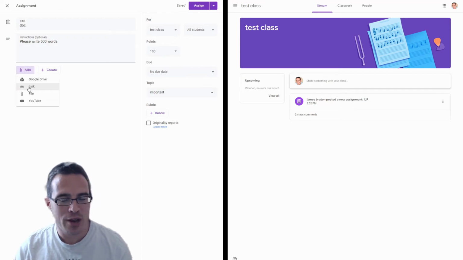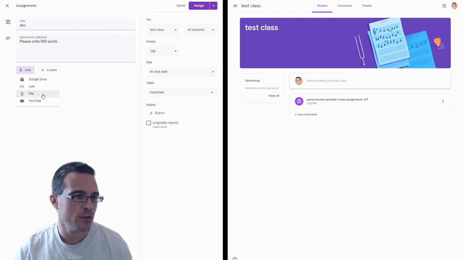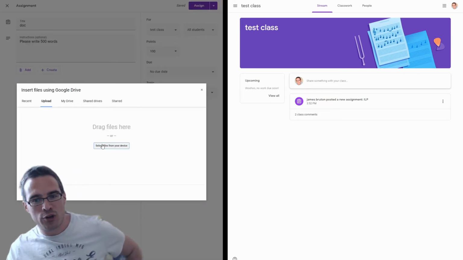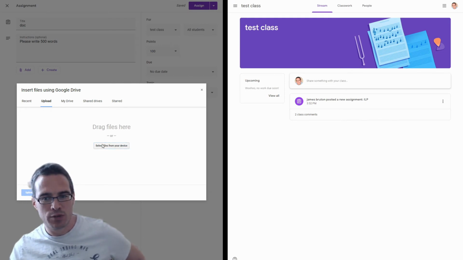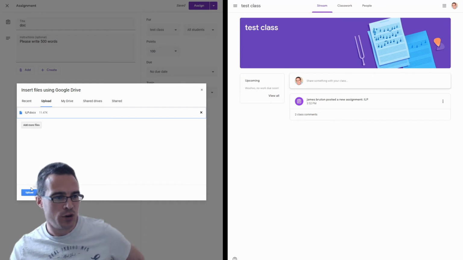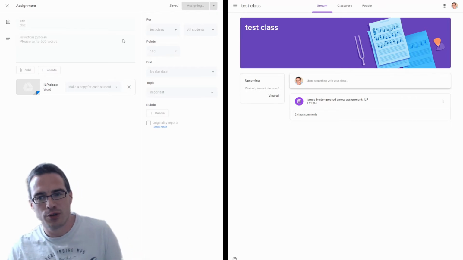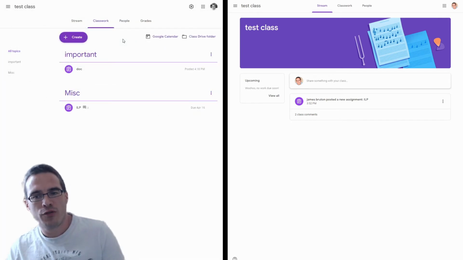I'm going to add the document in. So again, a pre-made file that I've got on my computer. This is on my desktop. I'll click the file button. I'll select files from your device. When I click this, you won't be able to see what I'm seeing, but I've just got a list of all my files. I'm going to select ilp.docx and upload it. So again, I'm going to make a copy for each student, and I'm going to assign that out to my solitary student. So this works fine, but by default, the learner has to